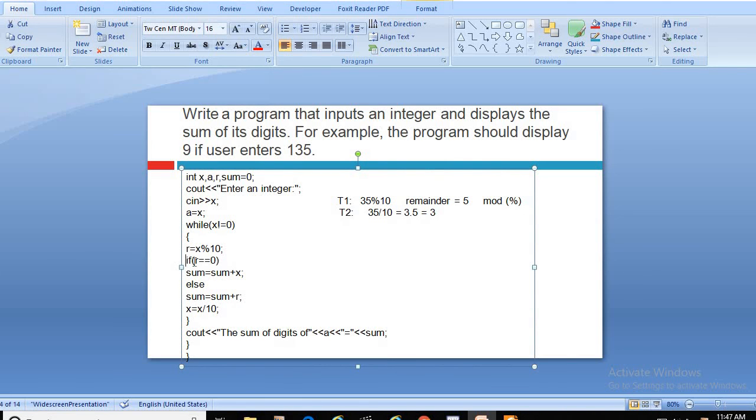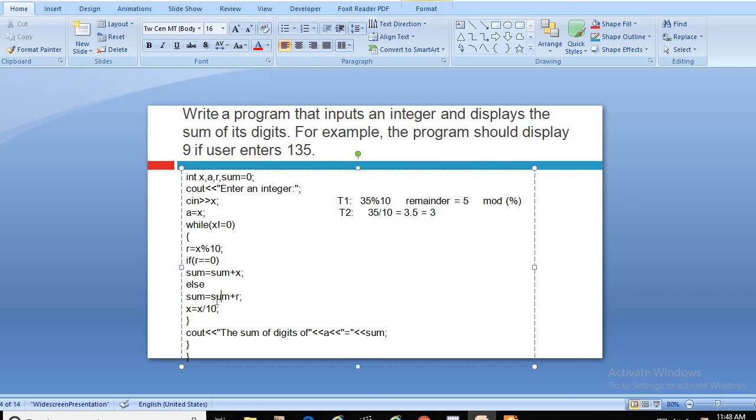Again, the if condition comes over here. This is a little modified or complicated program, showing how different or complicated programs can be written, can be implemented using these structures. This is the objective of this program, in fact. So if the remainder is equal to 0, if the value of R, no, 5 is not equal to 0, so this statement will not be executed, rather the else statement will be executed.